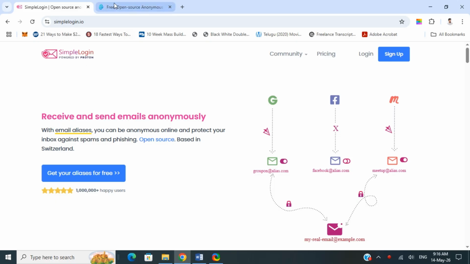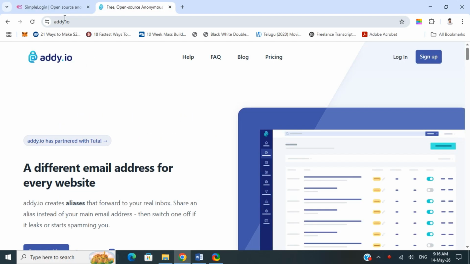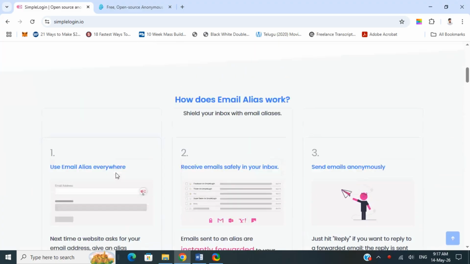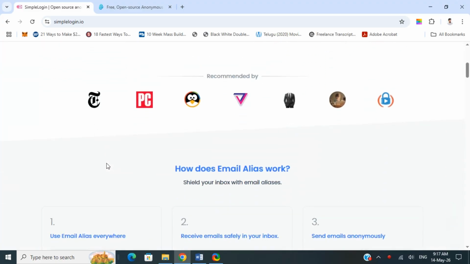Both SimpleLogin and Addy are email alias services. That means instead of giving websites your real email address, you generate a unique alias. So for example, if Netflix gets hacked, your banking alias stays safe. If a shopping site starts spamming you, then you simply disable that alias. That's how it is. So if you look into the pros and cons of these two platforms here,